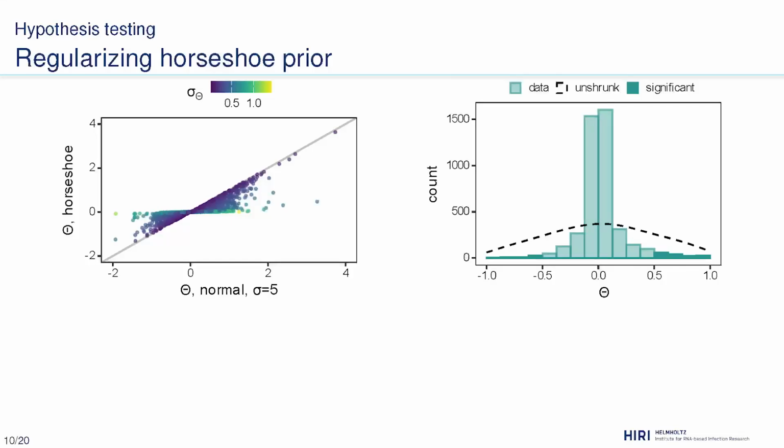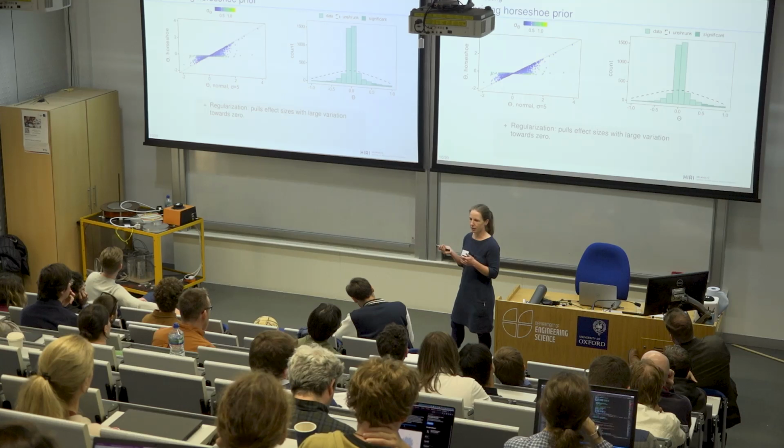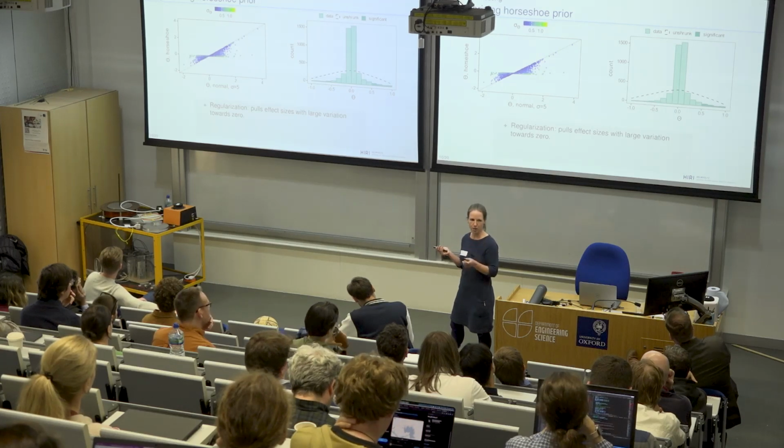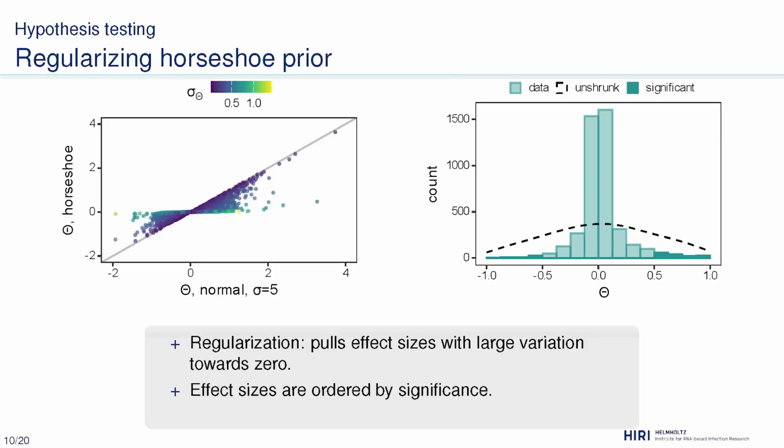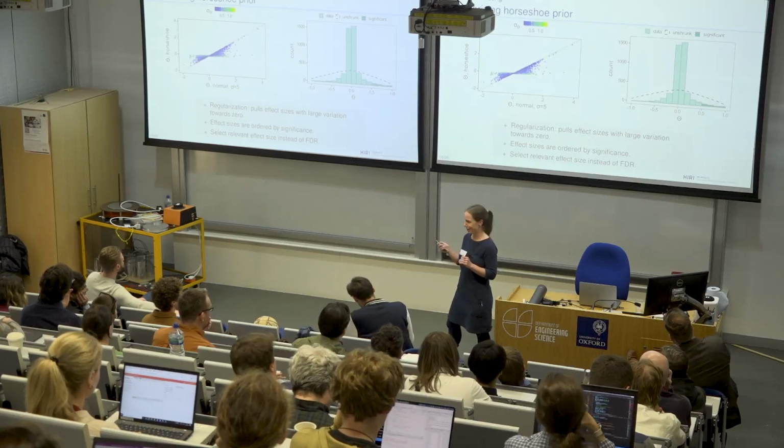Then the last one that I want to talk about is the regularized horseshoe prior. This is a very nice concept because it basically shrinks the effect sizes of those which are not significant to 0 simply, and then you don't need a cutoff on false discovery rate anymore, but you only need a cutoff on your effect size. You can directly place a cutoff on the effect size that you expect to be able to see in the lab. So effect sizes are ordered by significance, and you select the relevant effect size instead of false discovery rate. I'm not sure I can convince wet lab people to give up on false discovery rate, but in my opinion,